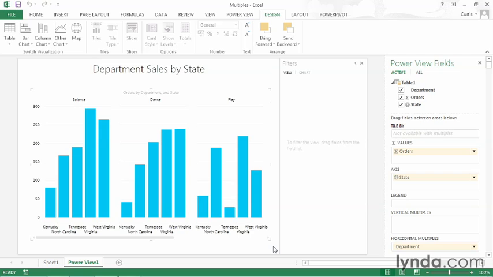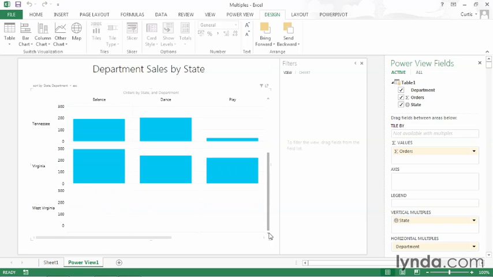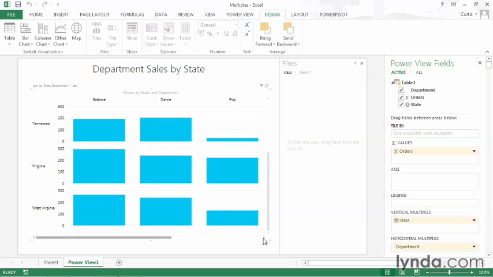If you want, you can also create both horizontal and vertical multiples. So if I dragged the state field from the axis area to the vertical multiples area, then I would get a separate chart for each department for each state. And I can scroll up and down to see the different states and side to side to see the various departments. Most of the time, however, I would probably stay with a single set of multiples, such as we have